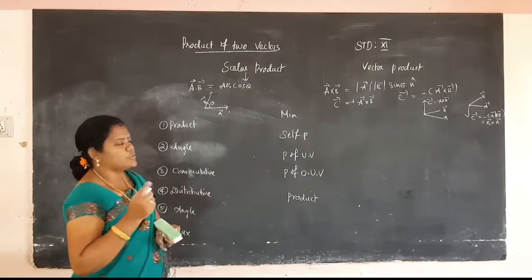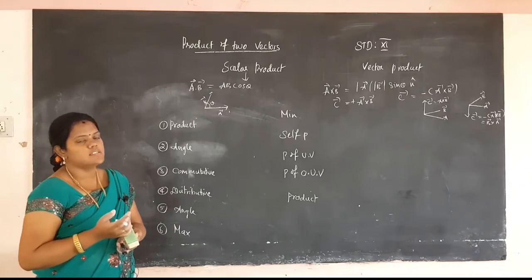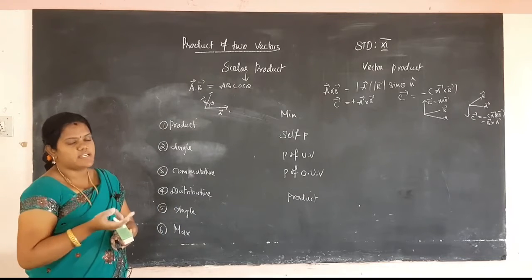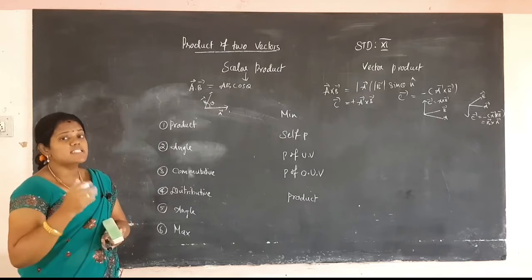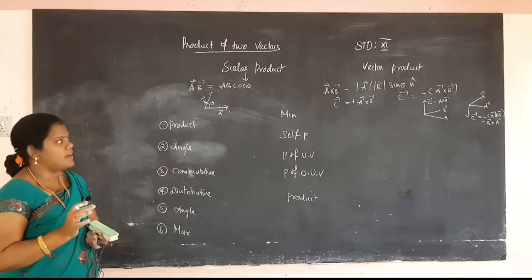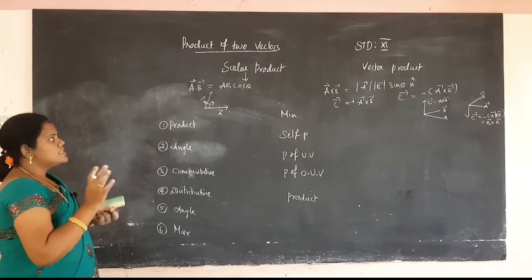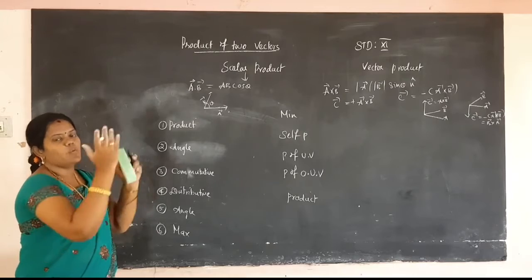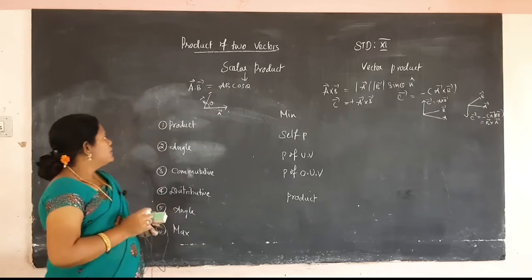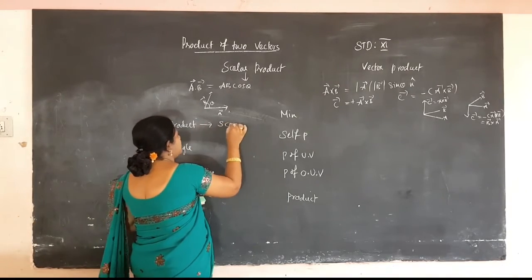So how to multiply two vectors in vector form? How to define the vector product of two vectors? The vector product of two vectors is defined as the product of the magnitudes of the two vectors and the sine of the angle between them, and it also considers the direction. So modulus of A, modulus of B, and sine theta into n cap. Clear? This is the vector product of two vectors. What is the scalar product? What is the vector product? Now I explain the properties of scalar product and vector product. First, the product of two vectors in a scalar will always give only a scalar.